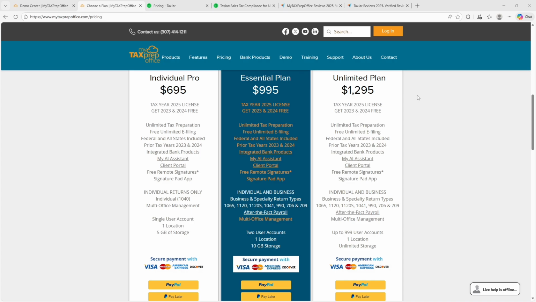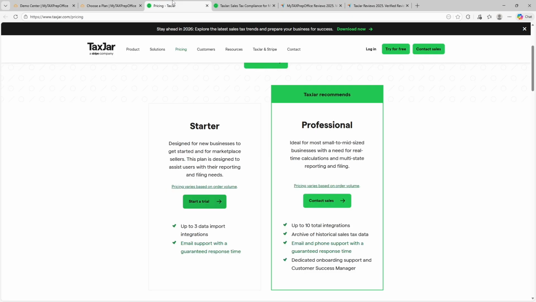Once the license is paid for the tax year, preparers can file as many returns as needed without worrying about volume-based fees. This makes budgeting straightforward for firms with stable or high client volume. However, the upfront costs can feel steep for preparers with low, seasonal, or inconsistent workloads, who may not fully utilize the unlimited structure. By contrast, TaxJar does not publish flat pricing and instead requires users to contact sales for a